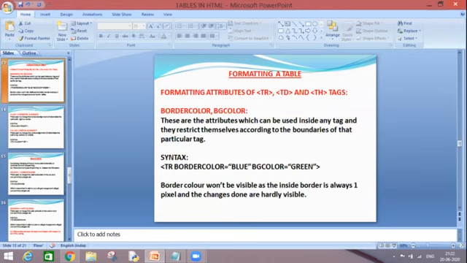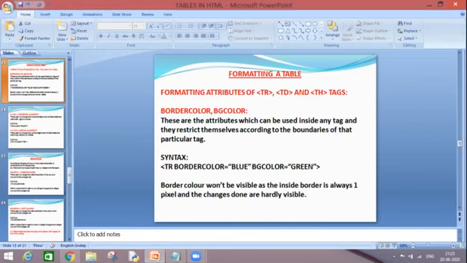This border color attribute we have used in our table tag also, but it can be used inside the TR tag as well. And BG color is an attribute which is used almost everywhere, inside almost all the tags.